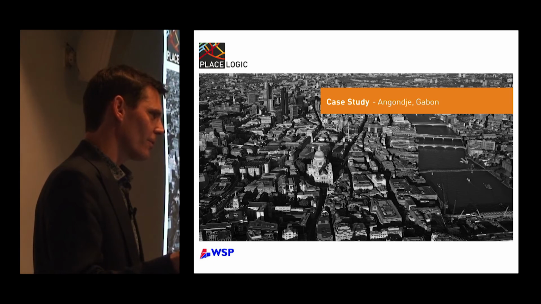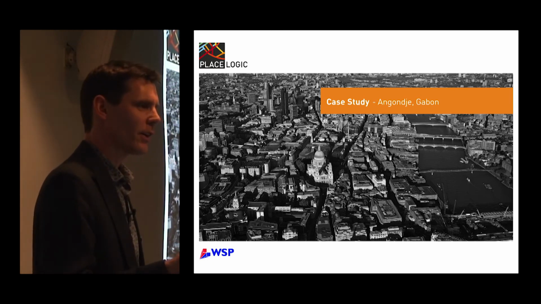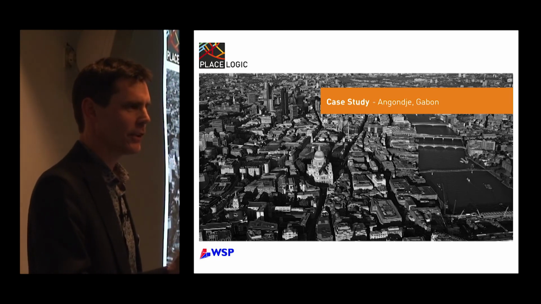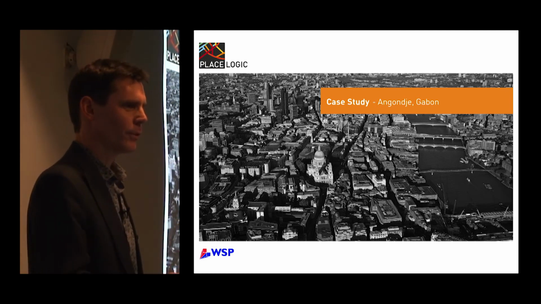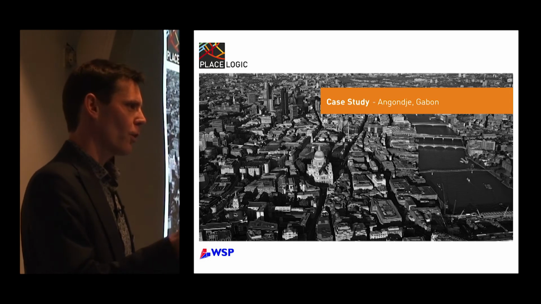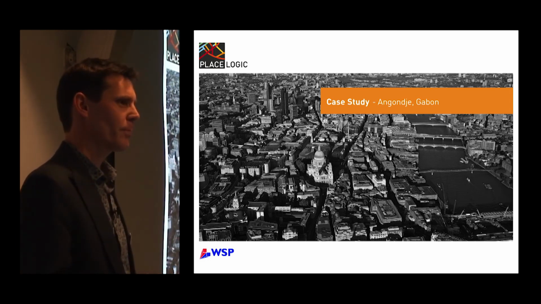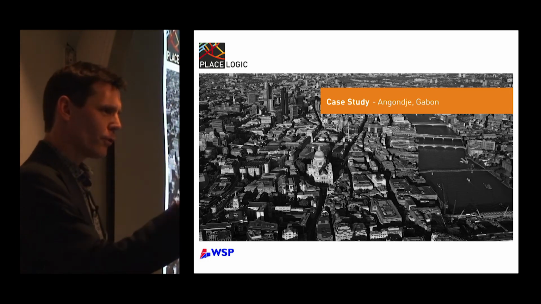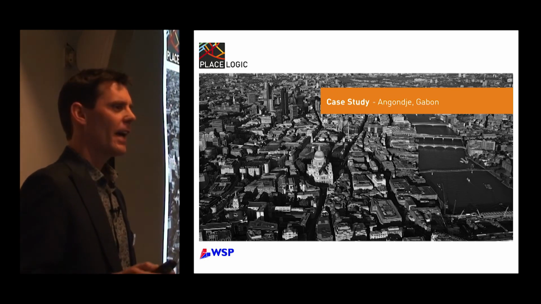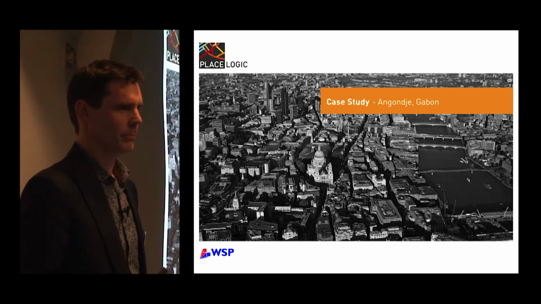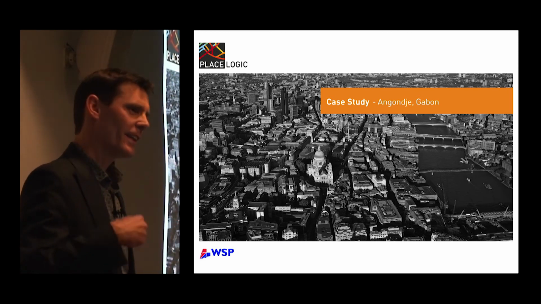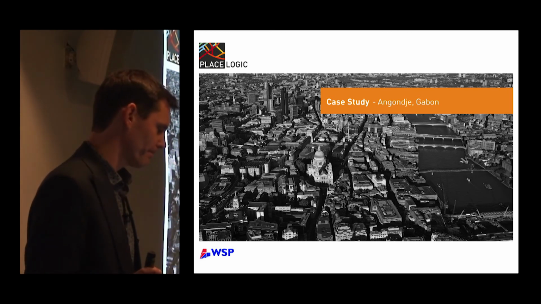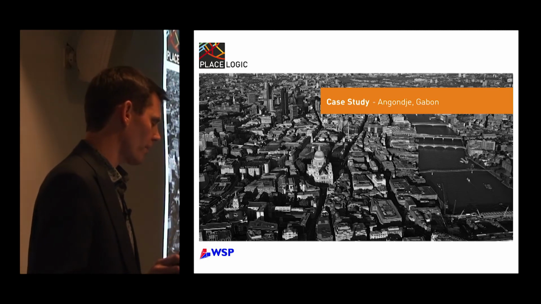And because it takes so long to build these models, I can't keep pace with master planning, especially in the early stages. And if I can't keep pace, then I can't influence those master plans. And what often happens is I have to retrospectively prove a design 2 or 3 stages into the project. And that, for me, becomes a bit of a problem. Doesn't make me redundant, but it just makes me not able to influence. So how can place logic help me?